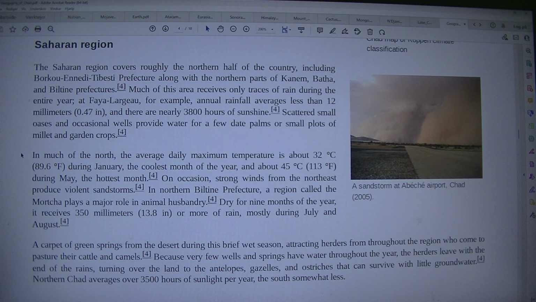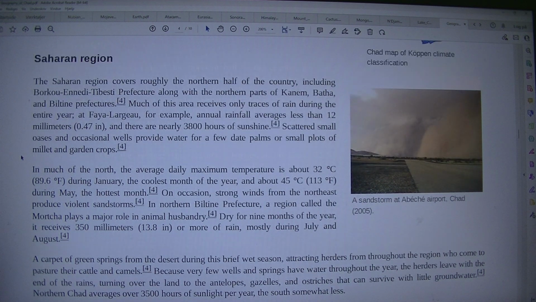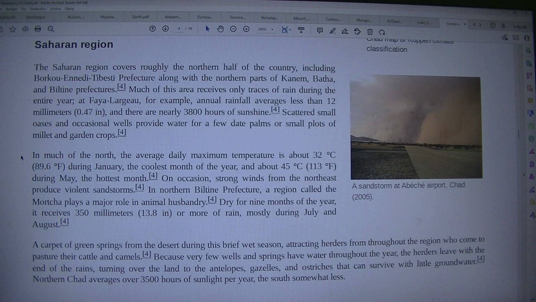In much of the north, the average daily maximum temperature is about 32 degrees C, 89.6 degrees Fahrenheit, during January, the coolest month of the year, and about 45 degrees Celsius, 113 degrees Fahrenheit, during May, the hottest month. On occasion, strong winds from the northeast produce violent sandstorms. In northern Biltine Prefecture, a region called the Mortcha plays a major role in animal